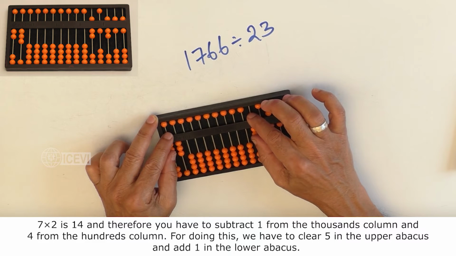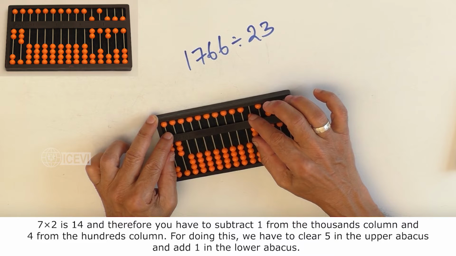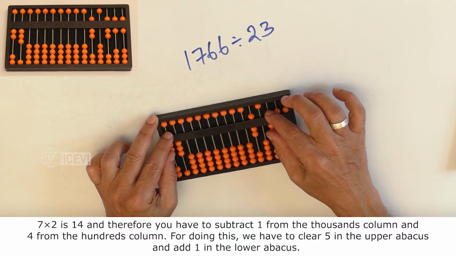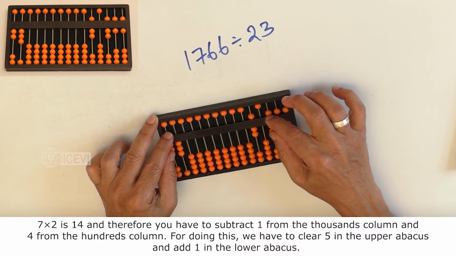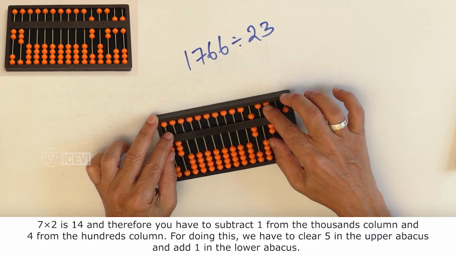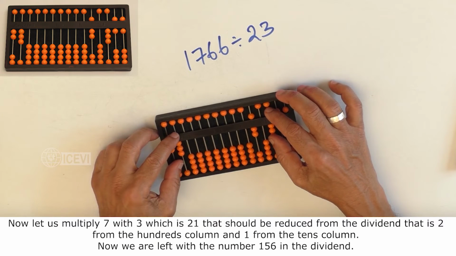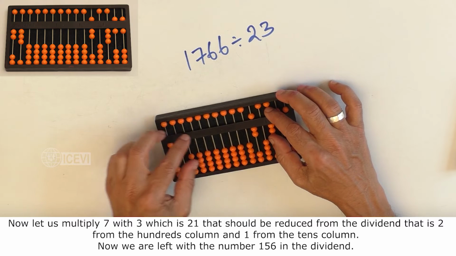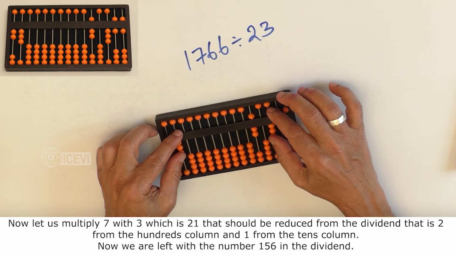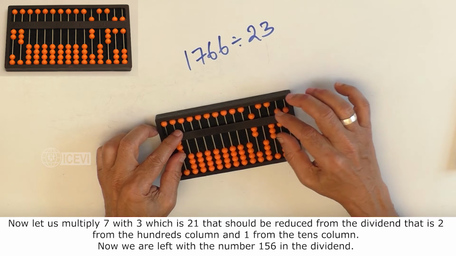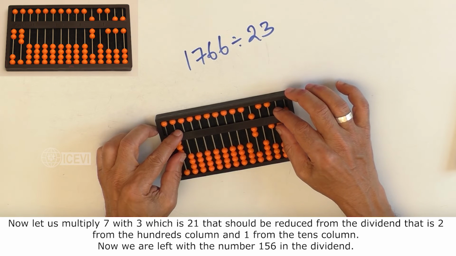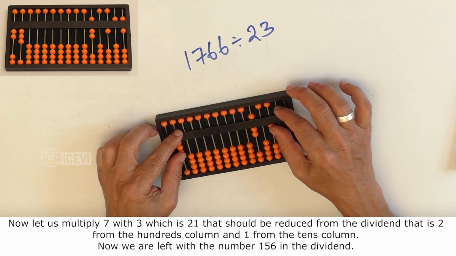7 multiplied by 2 is 14, and therefore you have to subtract 1 from the thousands column and 4 from the hundreds column. For doing this, we have to clear 5 in the upper abacus and add 1 in the lower abacus. Now let us multiply 7 with 3, which is 21. That should be reduced from the dividend, that is 2 from the hundreds column and 1 from the tens column. Now we are left with the number